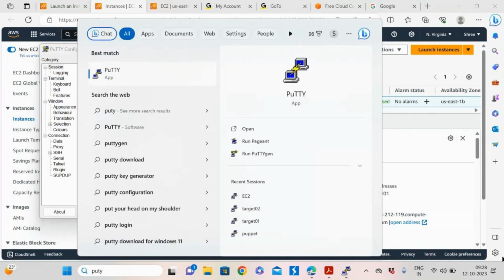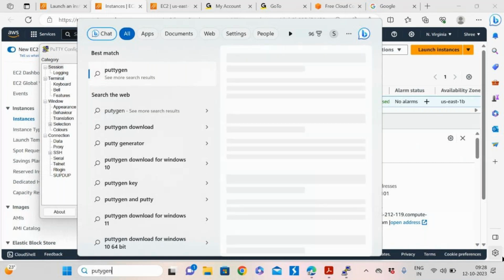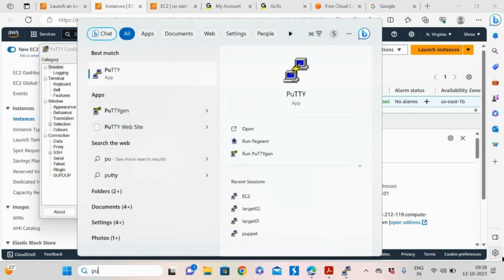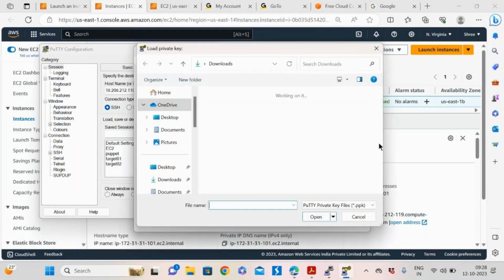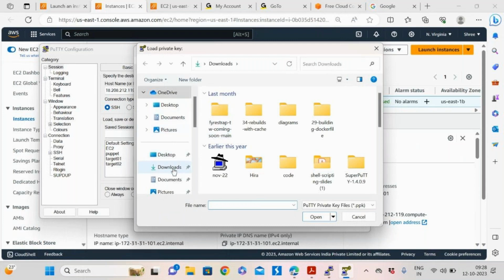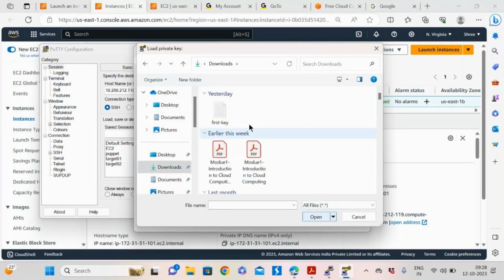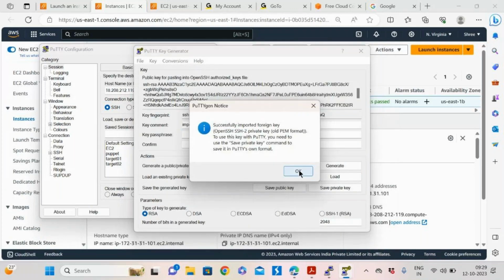In Downloads, this is the key I have downloaded. For accessing via this terminal, I need to convert this key.